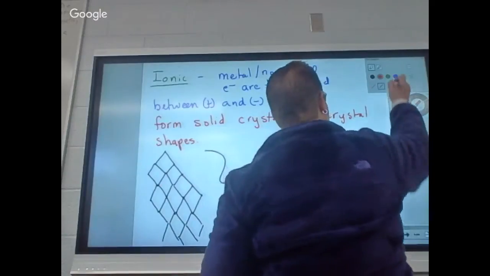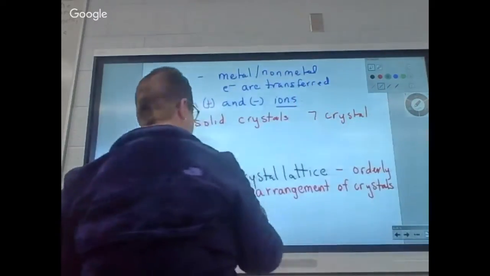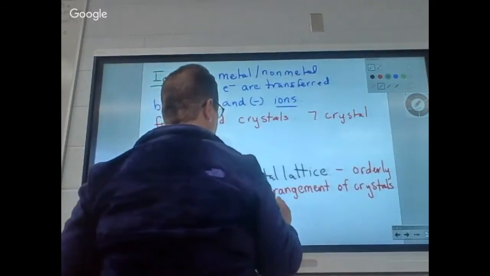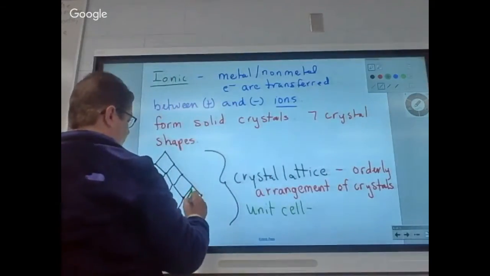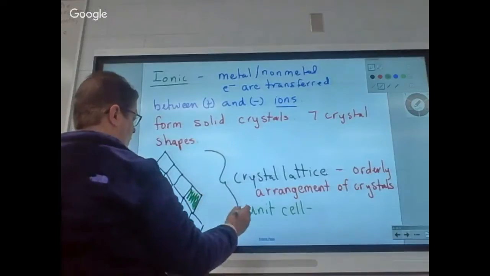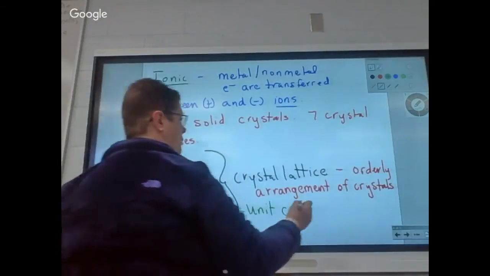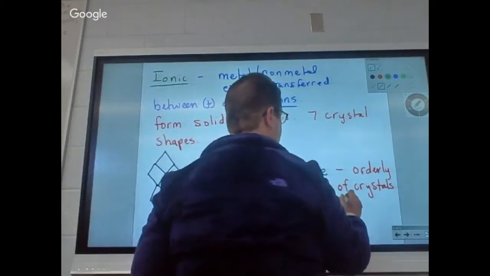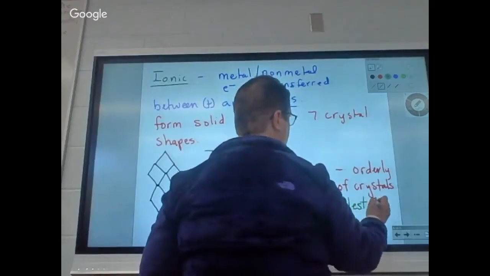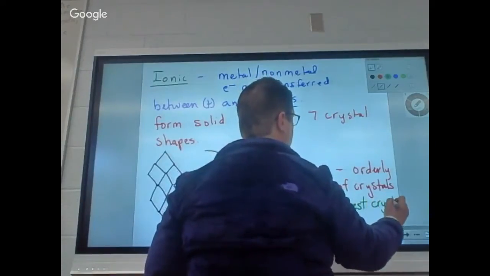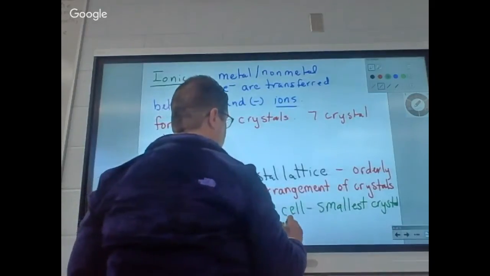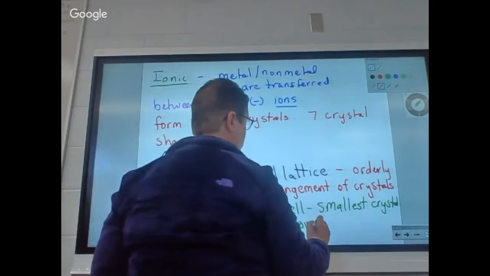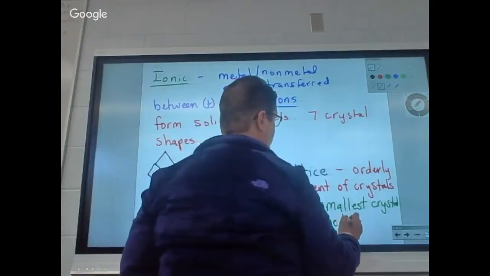Now, inside the crystal lattice is what we call the unit cell. All right? And the unit cell is the smallest crystal that shows the type